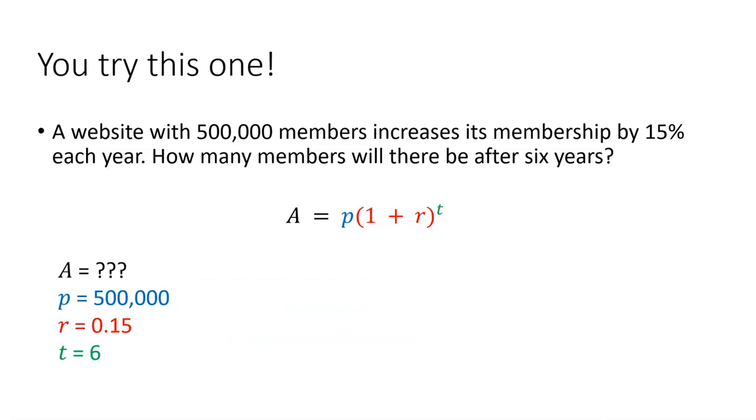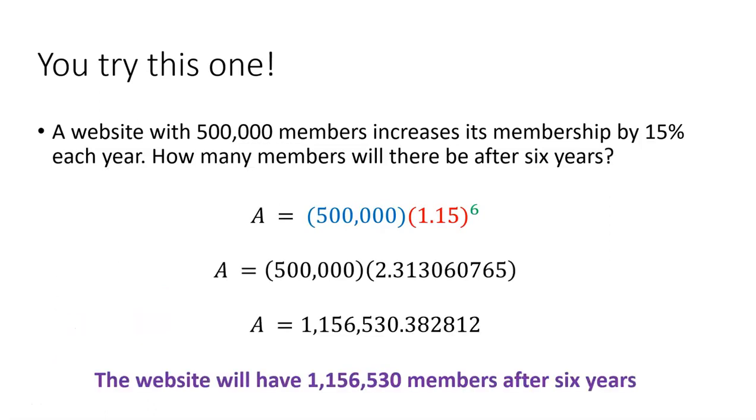Here are the values that we get from the problem. There's 500,000 members at the start. That's going to be P. The rate of change is 15%, 0.15, and the time is 6 years, so T will be 6. We pop those in. We'll get 1.15 when we add the 0.15 to the 1. That 1.15 to the 6th power is